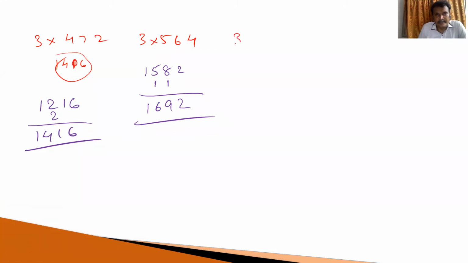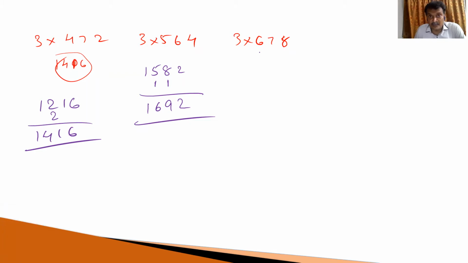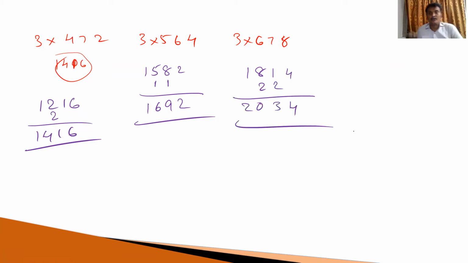Next one. 3,678 times is equal to how much? Here 3 6 times, that is equal to 18. Okay, 1800, right? Just write down 18 as it is. 3 7 times, that is equal to 21. Here 21 tens are there. So 1 is in the tens place and 2 is in the hundreds place. Why? Because 21 tens is equal to 210. 3 8 times 24, 4 is in the unit place and 2 is in the tens place. So what is the answer? 2034, which is required answer.